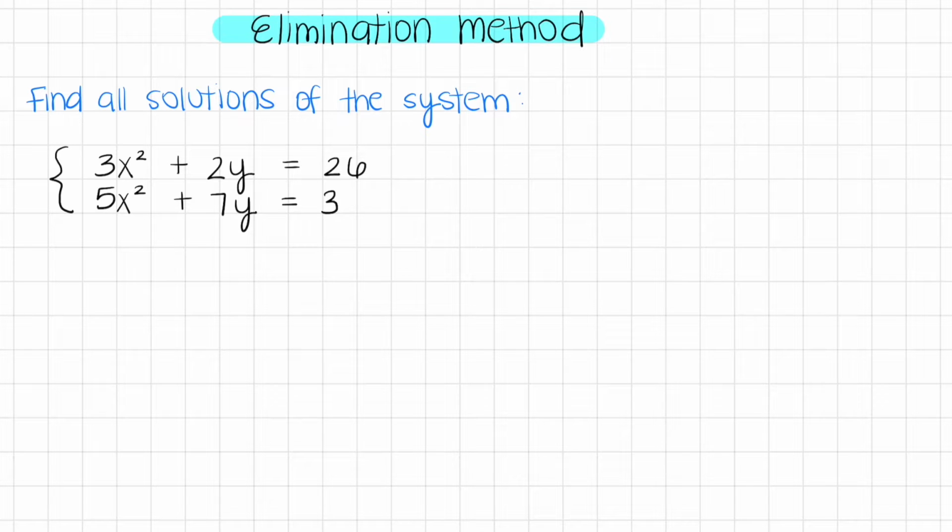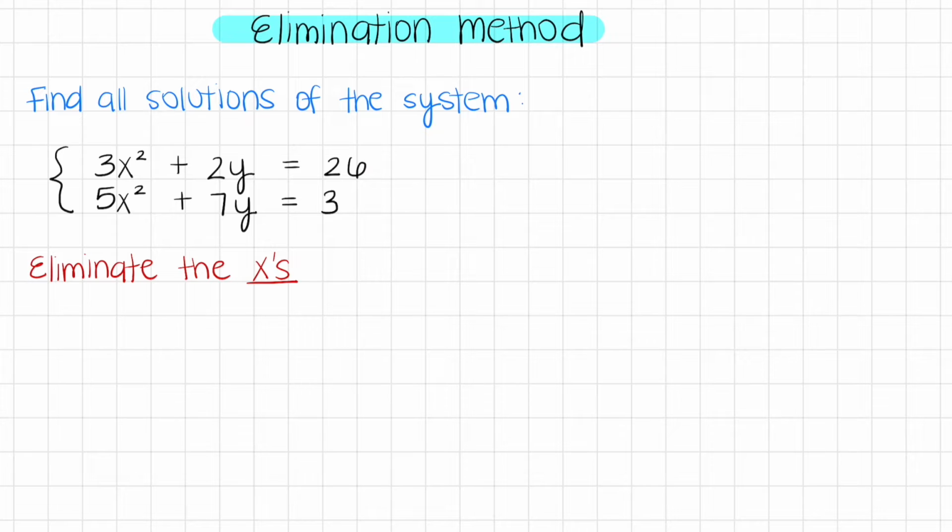The first thing we need to do here is eliminate one of the variables so we can solve for the other variable. Let's start by eliminating the x's. To do that, we need to consider that when we add these two x's, we are able to cancel them out. So if we multiply that 3 by a 5, we will get 15. And if we multiply that 5 by a negative 3, we will get negative 15, and we'll be able to